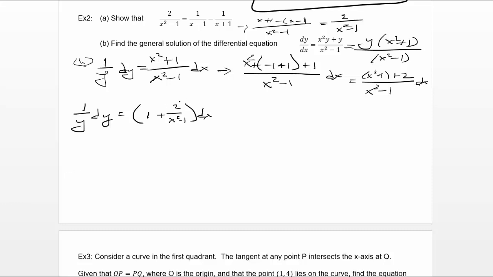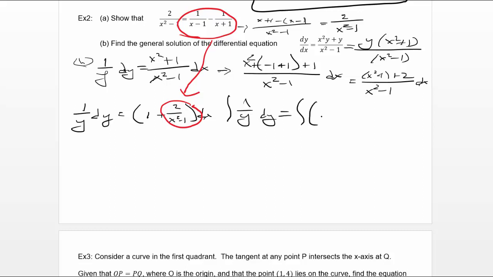And what do you know? By the previous part, we know that this is equal to this. And each of these individually are easy to integrate. So let's do it. The integral of 1 over y dy is equal to the integral of 1 plus 1 over x minus 1 minus 1 over x plus 1